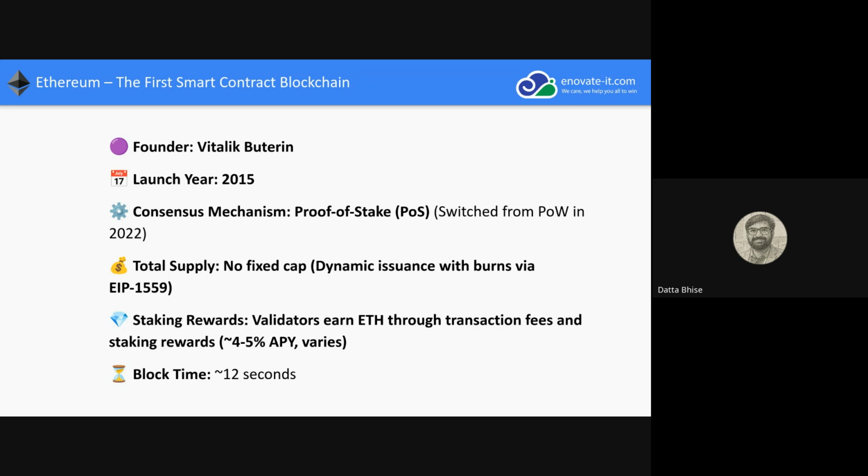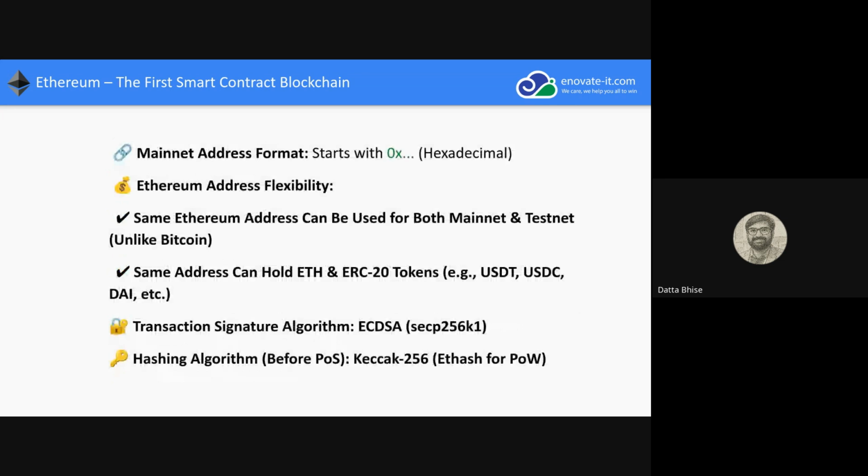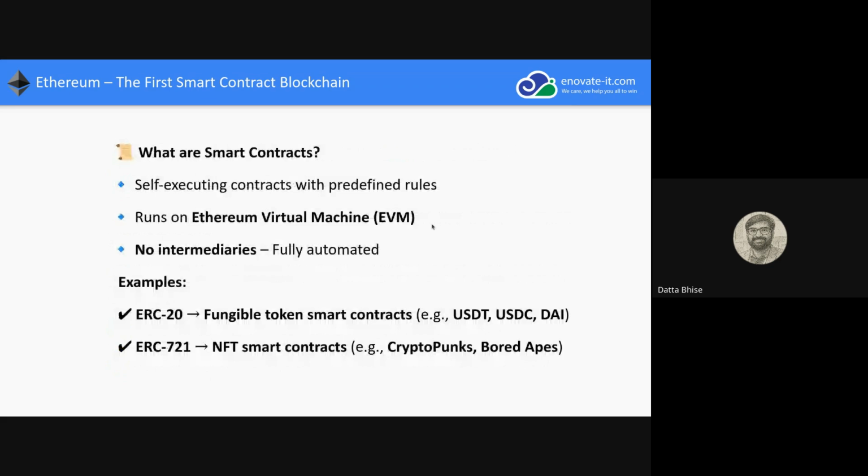And like I mentioned, validators for Ethereum get the transaction fees and staking rewards. Like I mentioned, they are staking coins, so as per some percentage, they also get that staking reward. Block time for Ethereum is 12 seconds, so every 12 seconds one block is created. Now, the Ethereum address is totally different from Bitcoin. It starts with 0x and